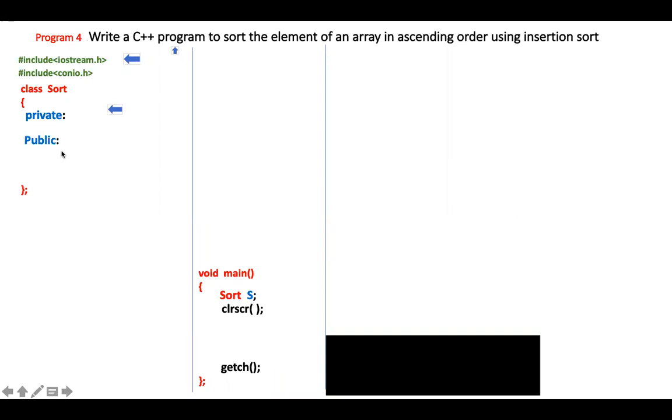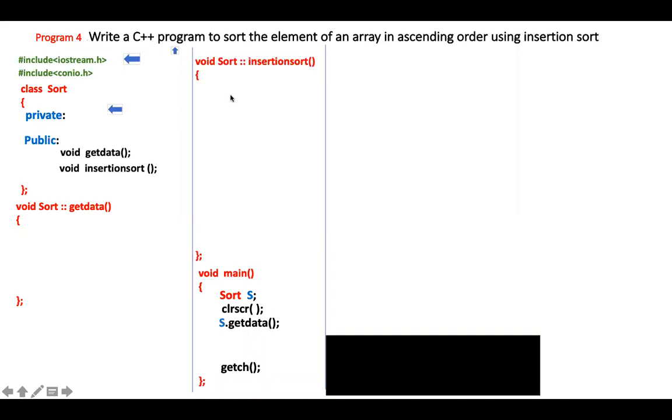Then I'll start writing my methods. The first method is void get data. So I'll write the function even outside the class, and call that method. And the second method, yes dot get data. Here also I have to denote them. Next, insertion sort. I have to write that method, and also have to call that method in my void main. Then third, display. Since I did not have space over here, I have written void display over here. I'm calling that void display also as yes dot display.